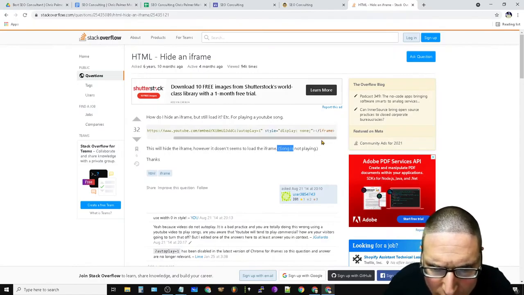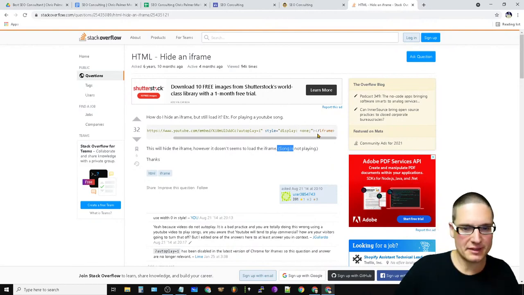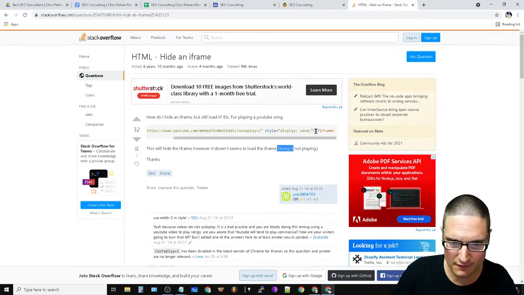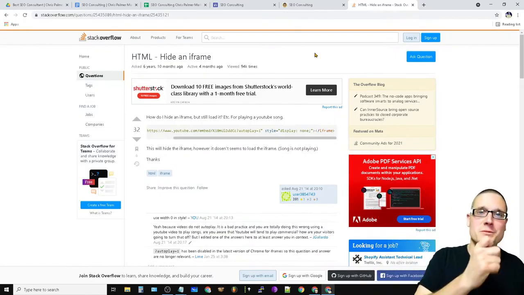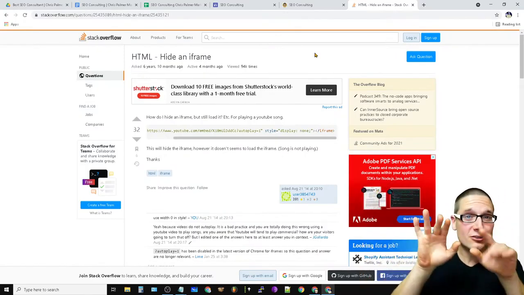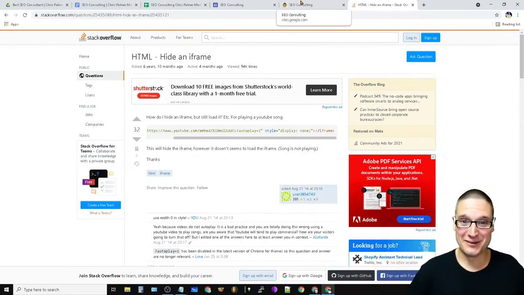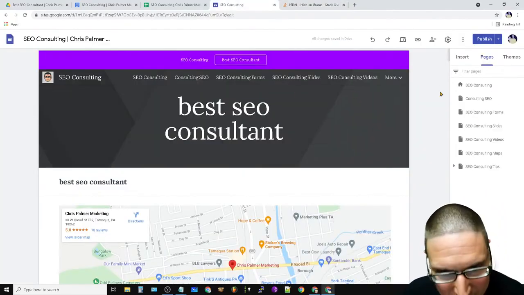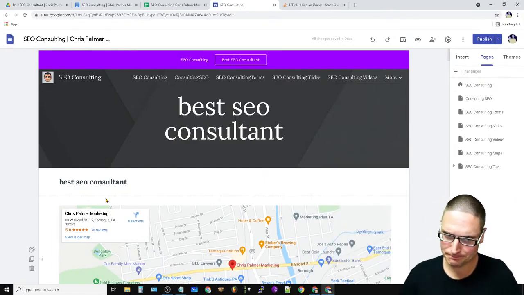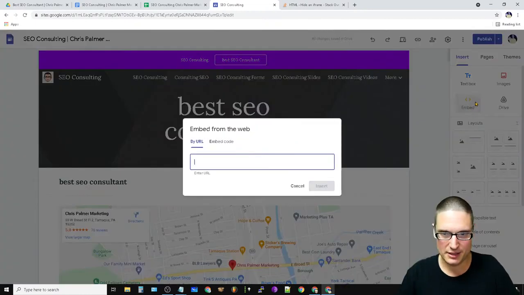Oh, it's display none. See, I wasn't sure about this part here. Like, see the quotes, this part over here? I get the embed part. I forgot this part here. I'm sure I'll get lashed for that. I'll get my lashings, but it's only a search away. If you ever forget, just search, how do you do that again? It's hard to remember everything. You know what I mean? Like, I'll go completely insane if I had to remember every single thing. I know that's one of the things maybe you should remember off the top of my head, but oftentimes I really don't. So let's insert an embed code here.